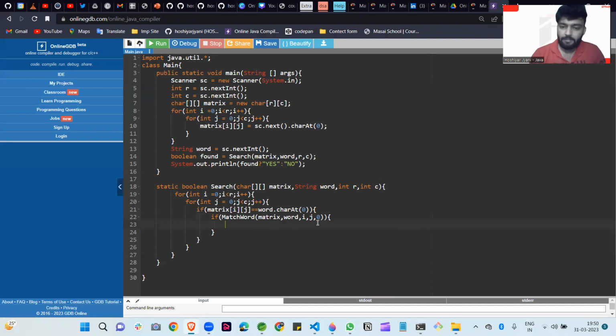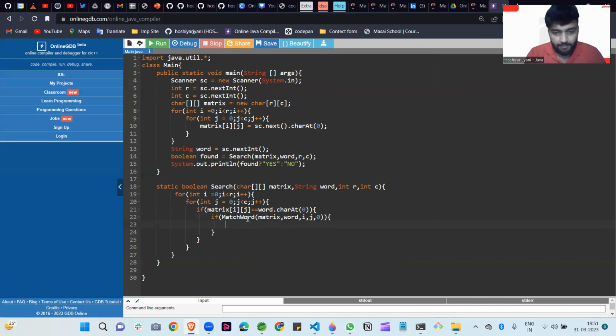So we increment this value. That's why I am passing here 0 at the starting position, and when this value is equal to the word length, at that time we can return. It is the base case for our recursive call of the match word method. So that's why I am passing here the length, for checking how many characters we found in our algorithm. So that's why I'm passing here. So is there still some confusion?